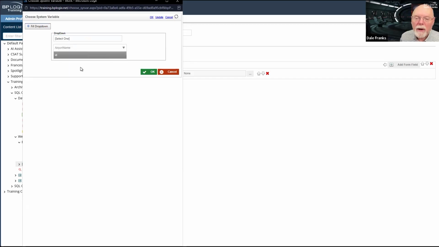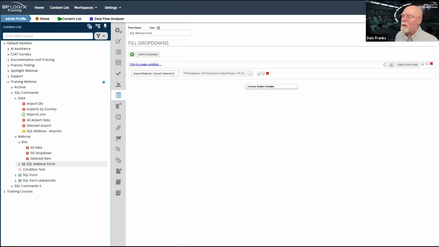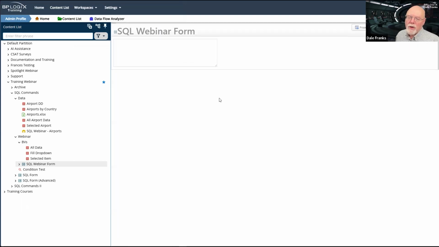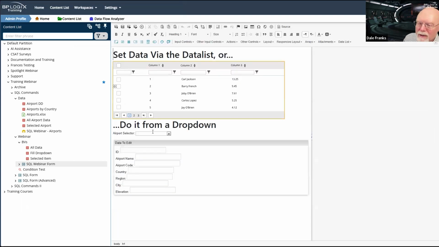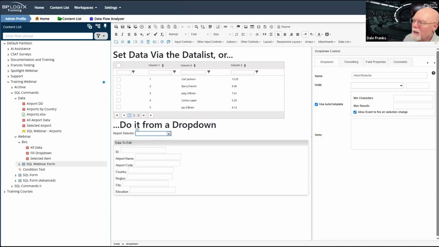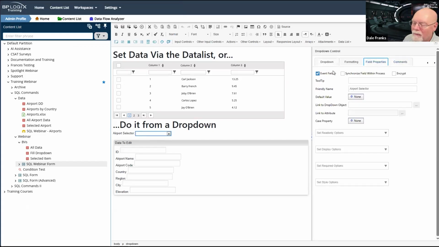Our property will be the ID for the value, and we should be good to go there. And let's update. I'm pretty sure, but I'm going to check to see whether or not I made the airport selector an event field. I did make it an event field, so we are good to go.